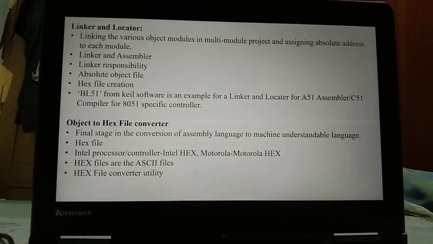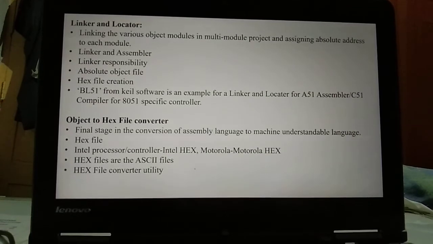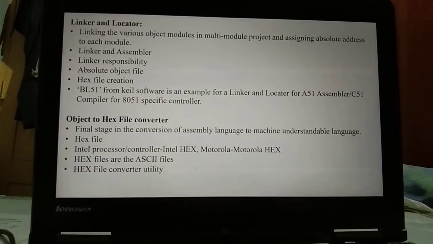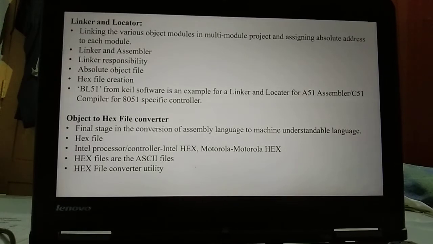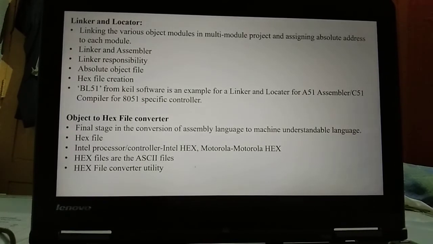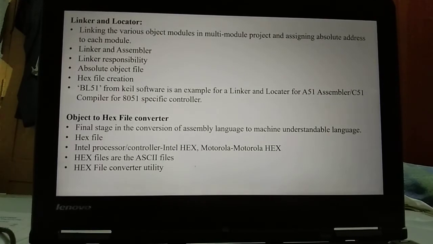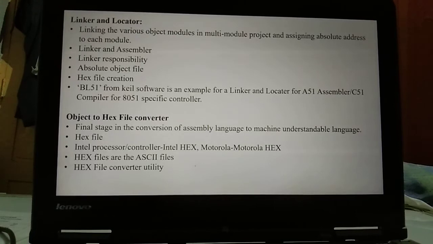In the absolute object file, there is an absolute address and it specifies where the code should be placed. There is no relocatable code in the absolute object file. The place or the address where the code should be present is fixed. From the absolute object file, we create the X file, and this X file is processor or controller dependent.